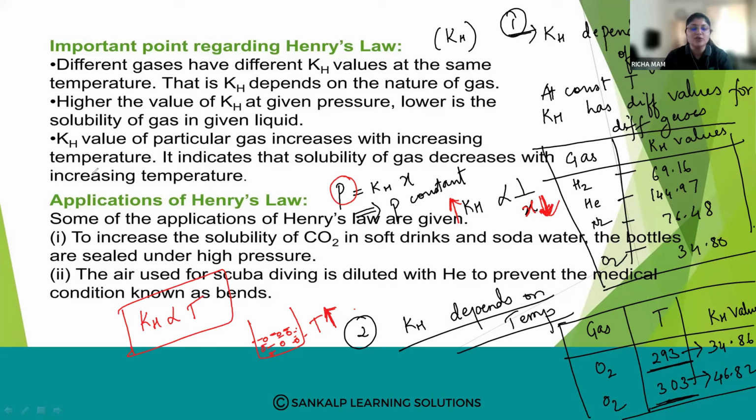First, the KH value depends on the nature of the gas. Second, it depends on temperature. So you can see here the first point: different gases have different KH values at the same temperature. That is, at a constant temperature, KH depends on the nature of the gas. Then the second one, higher the value of KH,